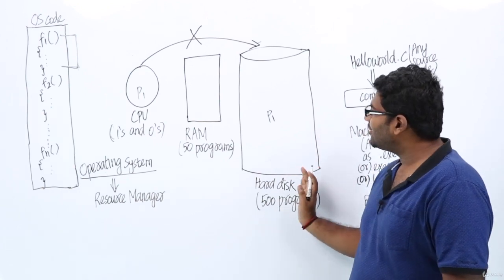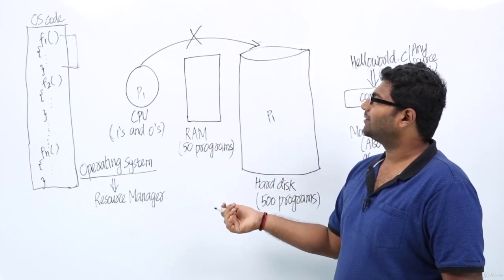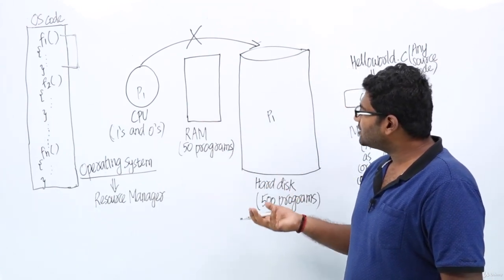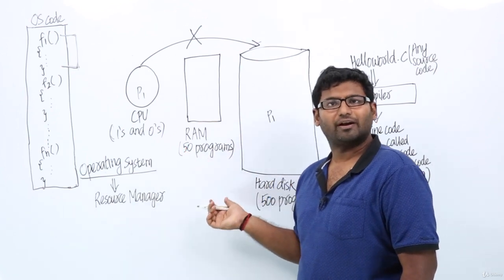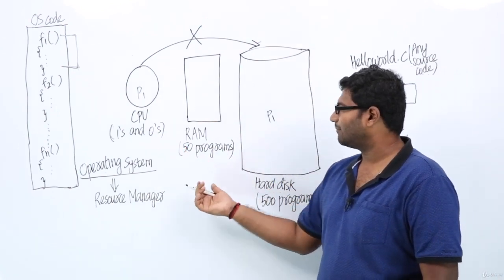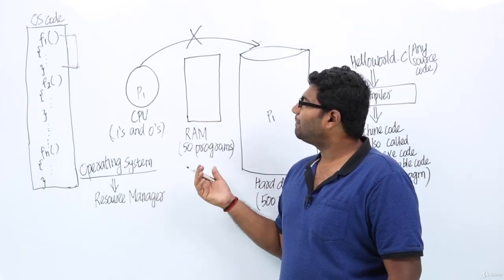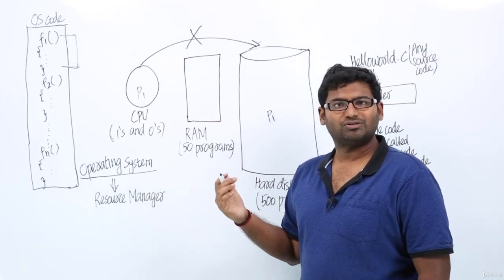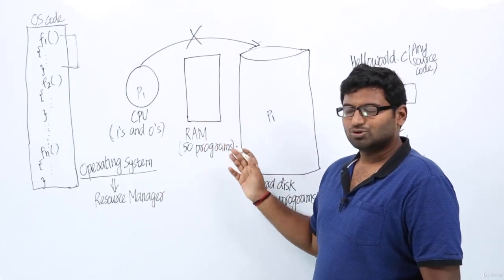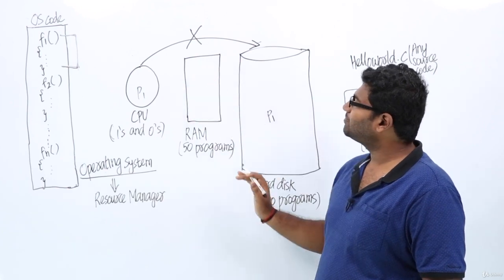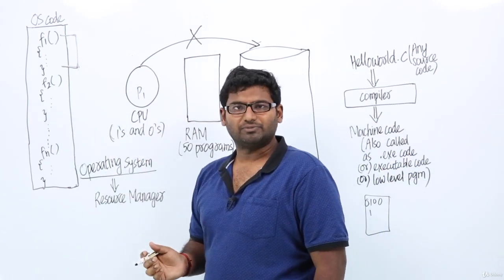Because 500 programs are trying to access the RAM, which is the resource. Now it is the operating system which is deciding which 50 programs should access the RAM, right? Which 50 programs among these 500 programs should access the RAM. So the operating system is clearly implementing resource allocation, or resource management. Here the resource is nothing but RAM, right? So this RAM is the resource which is being allocated by our operating system.